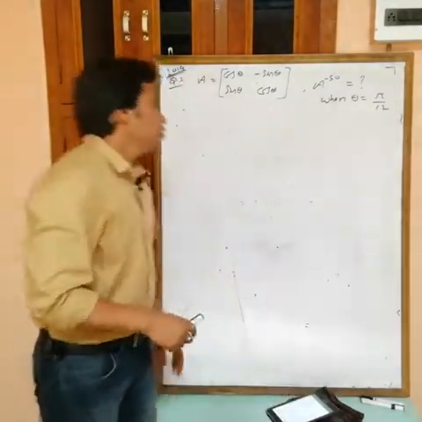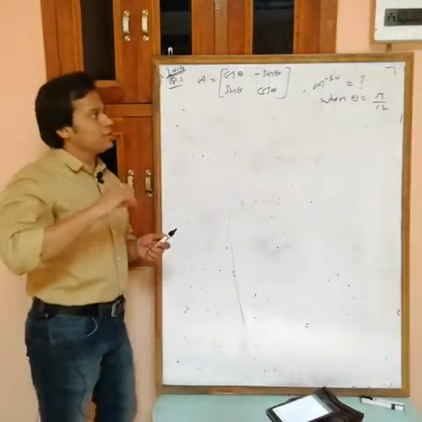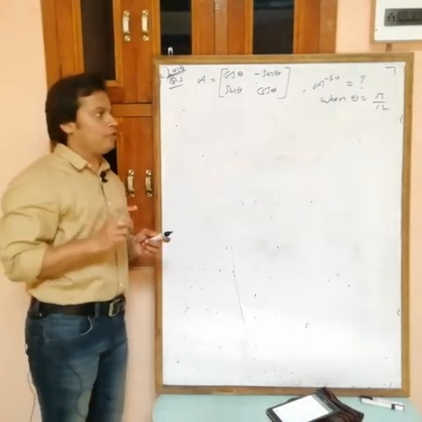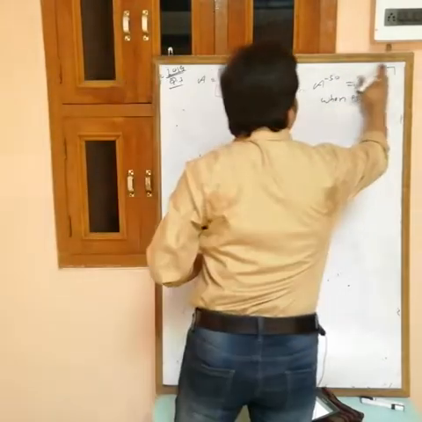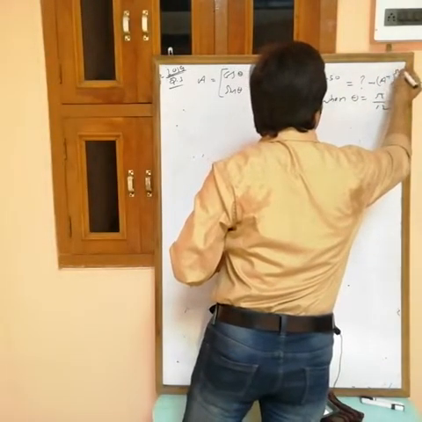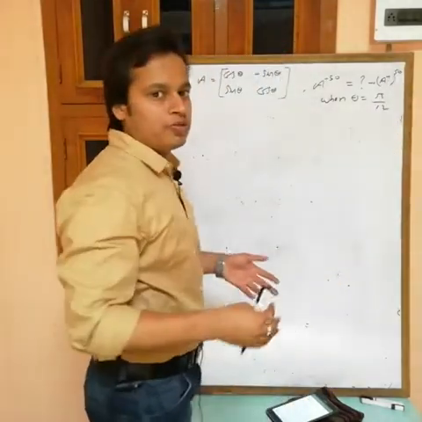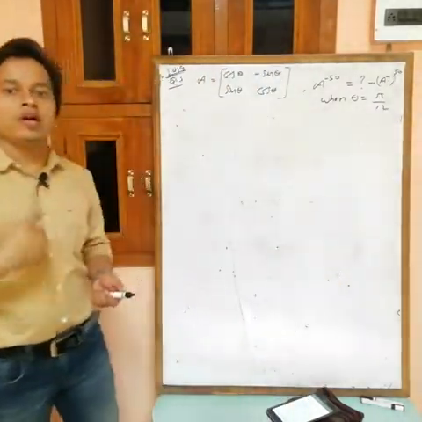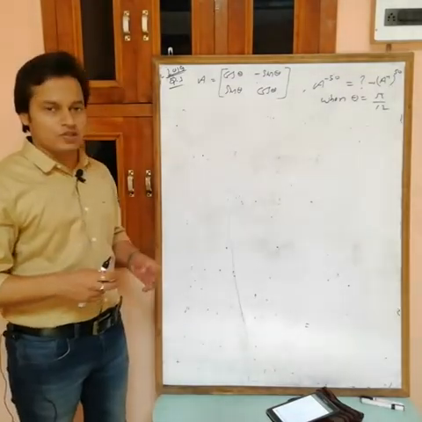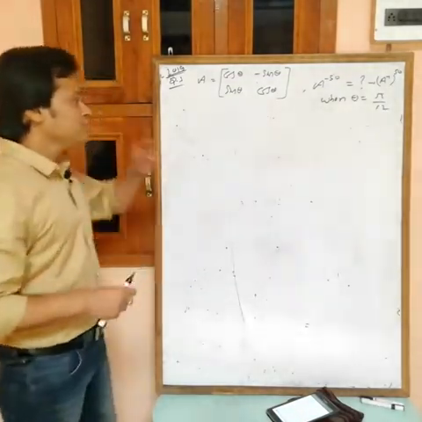So here we want A power minus, actually this is not A power minus 50, this is A inverse power 50. It means we want A inverse power 50, because A power minus 50 is not possible. You can only find A square, A cube, A power 4. This is not power of A, this is A inverse power 50. So we want this one.